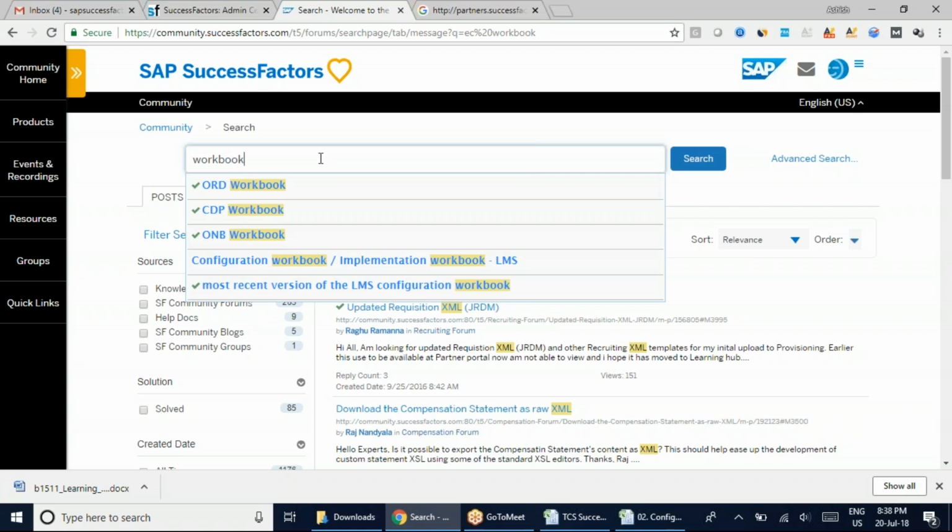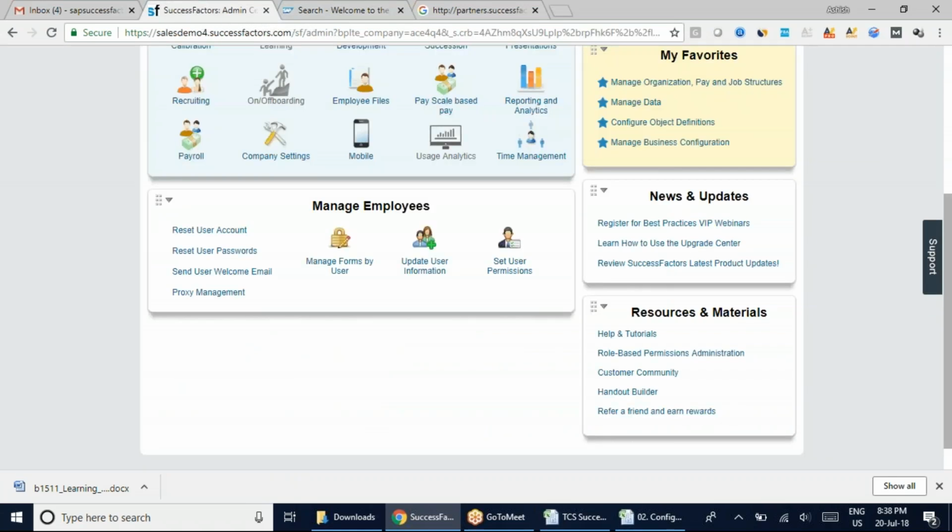ORD configuration workbook implementation. This is a LMS. Okay, it is not showing all the workbooks, team. It is only showing the limited ones. The easiest option, team, is to come here to help and tutorial, and here you will find everything in this section. So here you will also require your